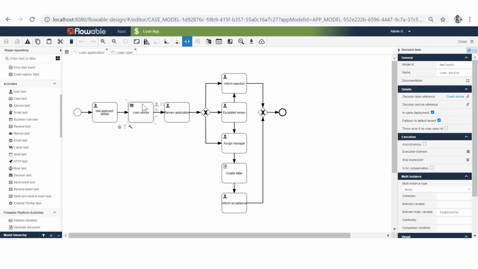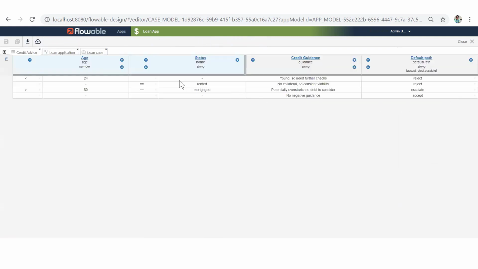The decision task is, again, about the business rules, so I'll open that as well. Business rules are something like this. As I mentioned, they also follow the field language, so non-technical users, by looking at this, can understand what my business rule is doing. On the left hand side, these are the inputs for a decision task. Based upon the conditions, it gets calculated, and on the right hand side you can see the outputs of that decision task.